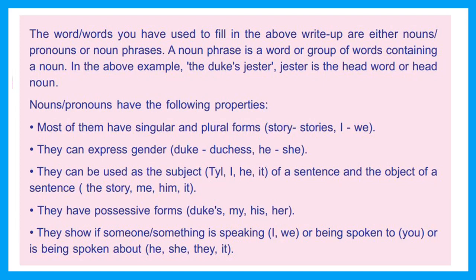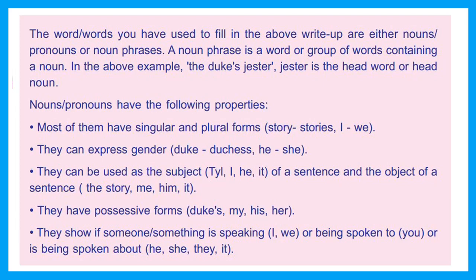Nouns or pronouns have the following properties. Most of them have singular and plural forms: story, stories; I, we. They can express gender: Duke, duchess; he, she. They can be used as the subject of the sentence, like child, I, he, it, and the object of the sentence, like the story, me,